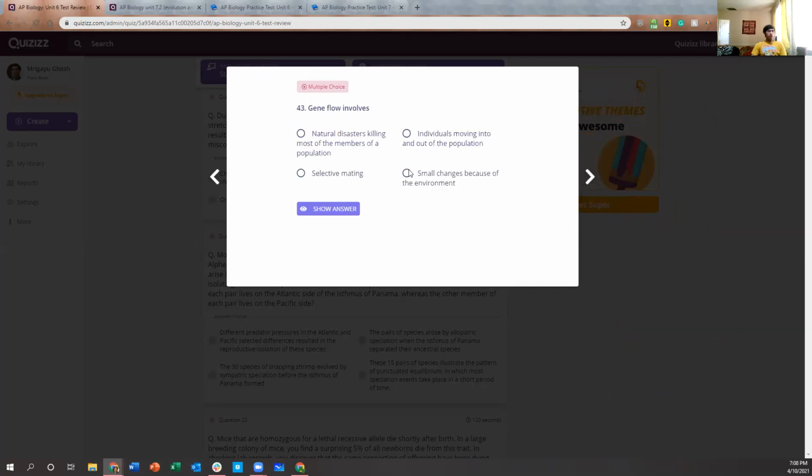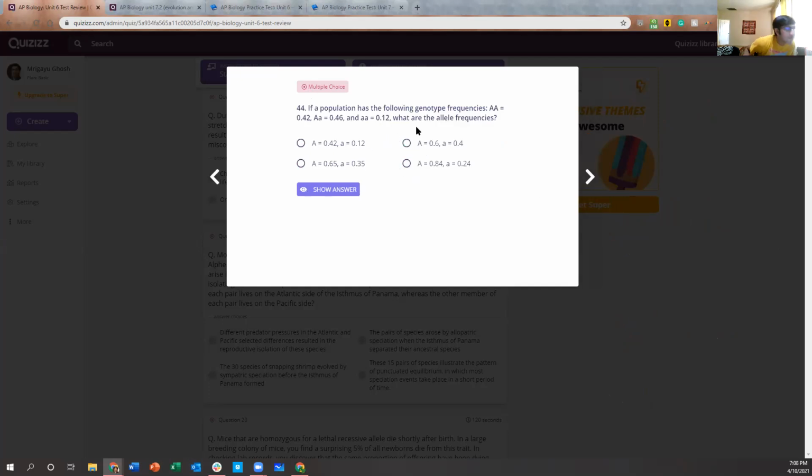Gene flow, we talked about this, has to do with migration. It's flowing from one population to another population. So it's individuals moving in and out of the population, migration essentially. So yeah, that's it. If a population has the following genotype frequencies, let's go ahead and turn this into